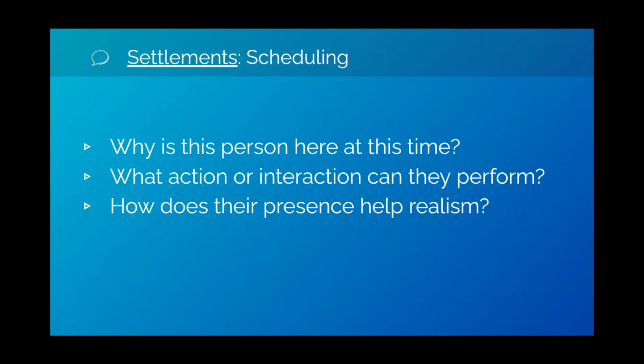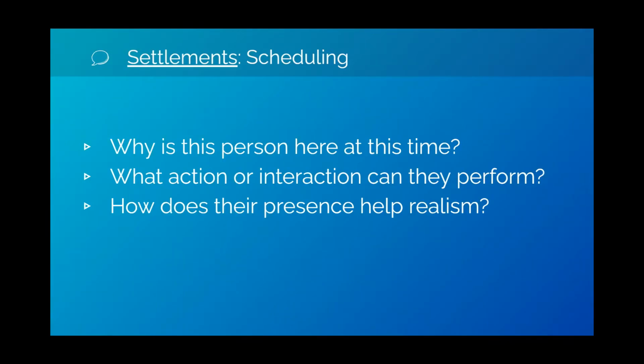I had a writer recently who was having one character stay up until 4 a.m., but in their house, so that the player didn't even know they were up until 4 a.m., and it just didn't make any sense. So in order to make that more realistic, we had the NPC have insomnia, and he went for a walk at 4 a.m., and then he had interactions he could have with the player, and there was an explanation for why he was walking at 4 a.m. He couldn't sleep because he was having a lot of trouble at home.